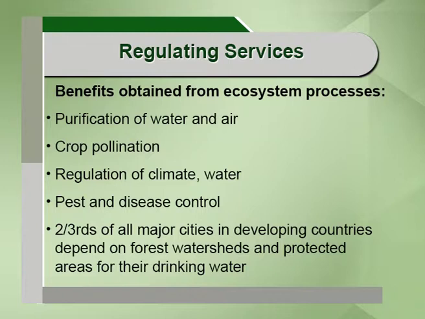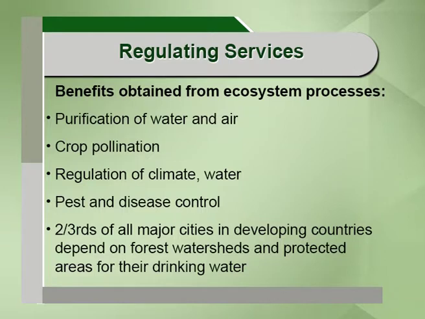Pest and disease control: in nature there is a predator-prey relationship, and it is not necessary that we intervene and use chemicals, herbicides and pesticides, but nature itself has a check and control for the pest and disease problems. 2/3 of all the major cities in developing countries depend on the forest watersheds and protected areas for their drinking